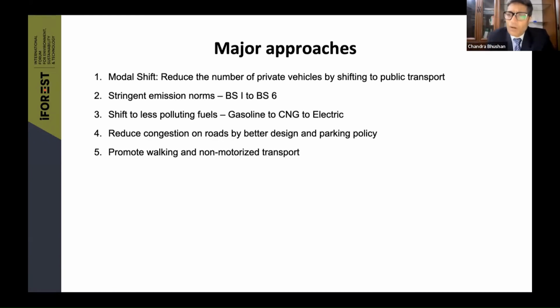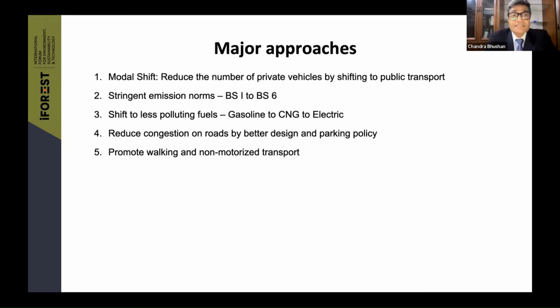But certainly in small cities where metro is not possible because of economy of scale, buses should be promoted. And you can promote electric buses now. Electric buses are coming, which are as cost efficient as diesel buses. You have modern buses coming into the market. Similarly, paratransit is very important so that people can move from the bus stand to their homes. And that's where electric three-wheelers are now becoming very, very popular. So modal shift, moving people from their private two-wheelers and cars to public transport, is very, very important.